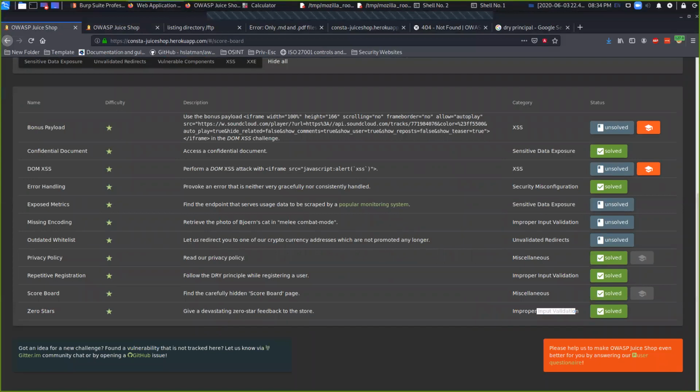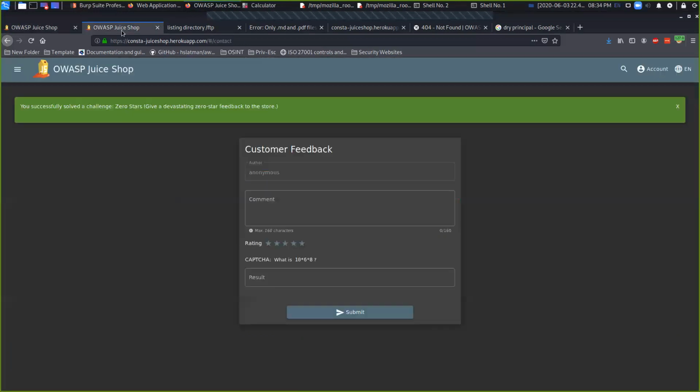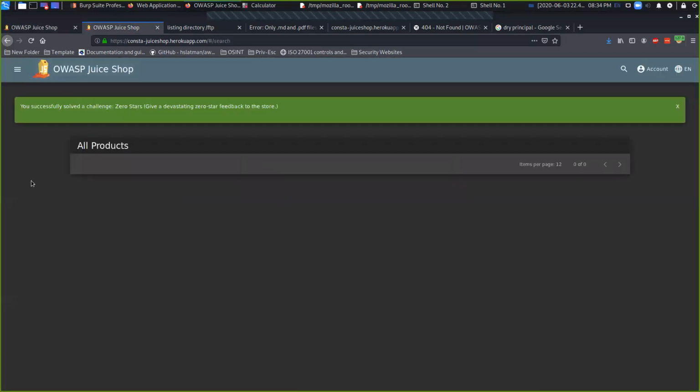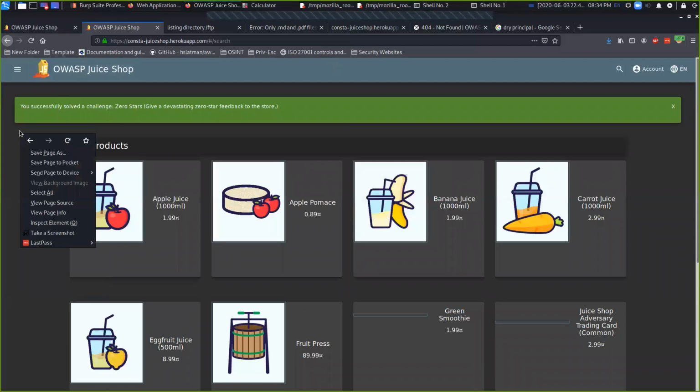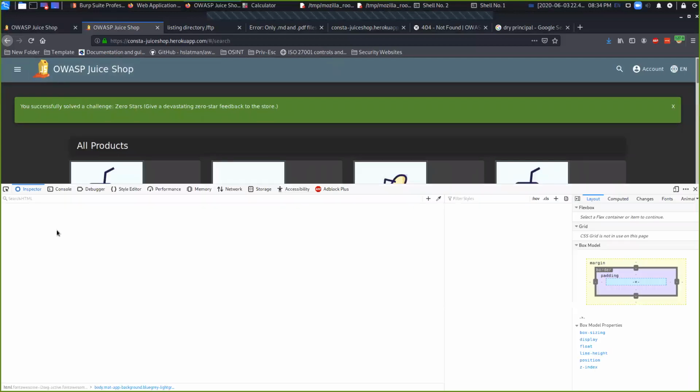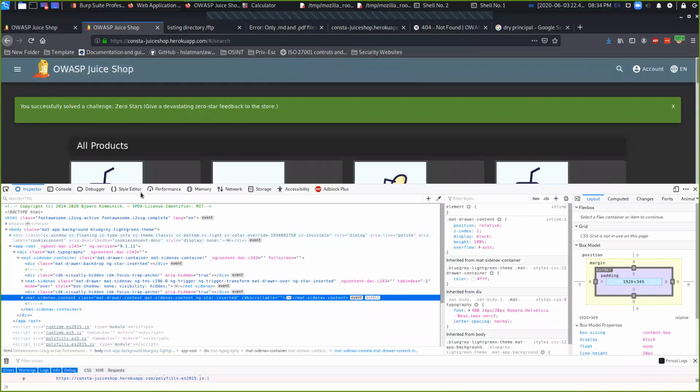Let us redirect you to one of those crypto pages. So let's do that. Let's take a look at what that is. It says, let us redirect you to one of our cryptocurrency addresses, which are not promoted any longer. So this looks like an outdated, no longer available sort of redirect, but still probably current with the application. Sometimes it's usually an issue when devs may have gone, they forgot to clean up some things,